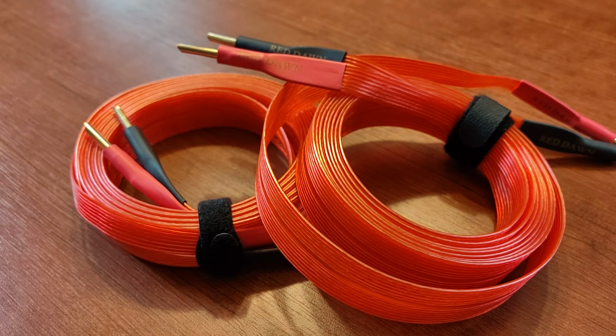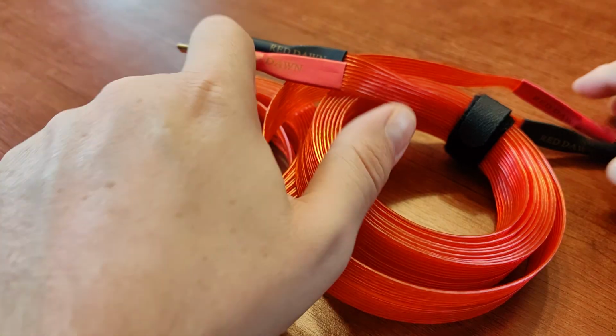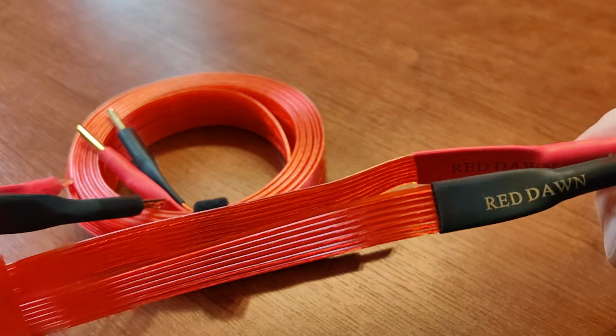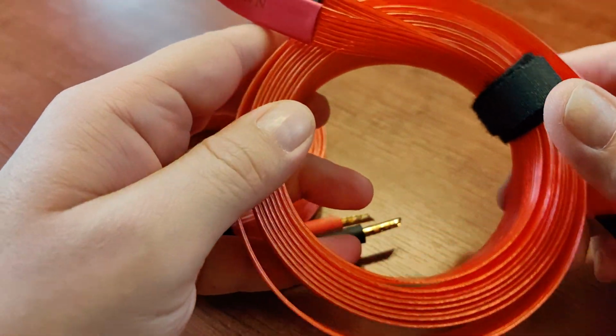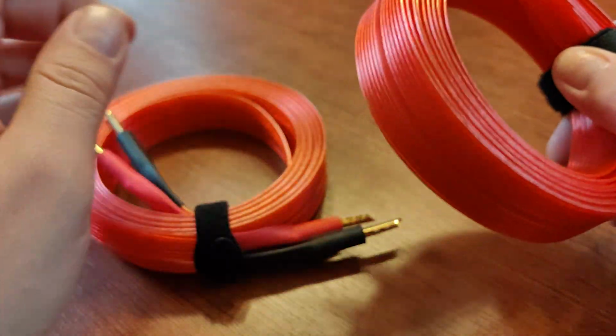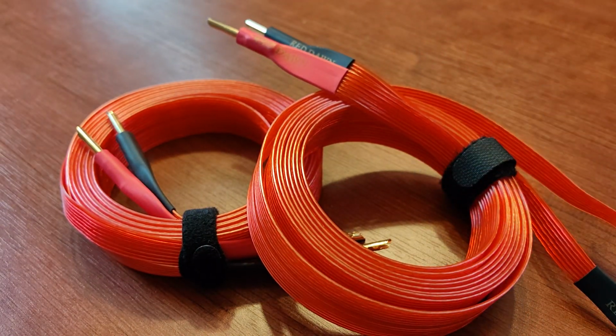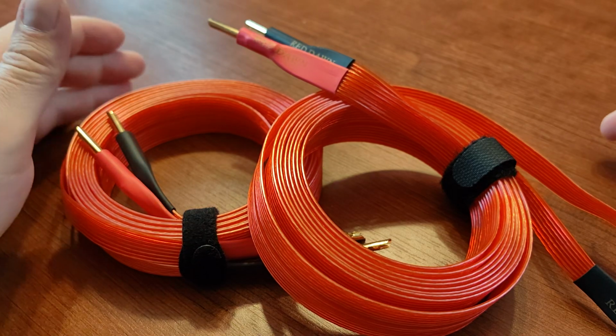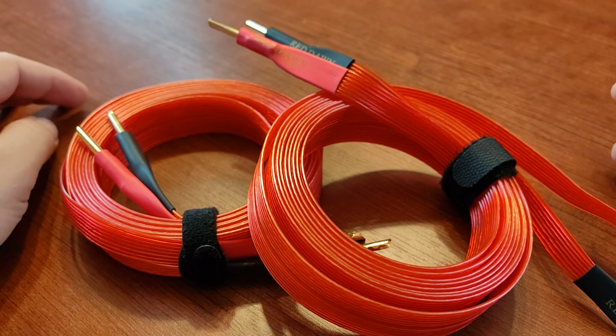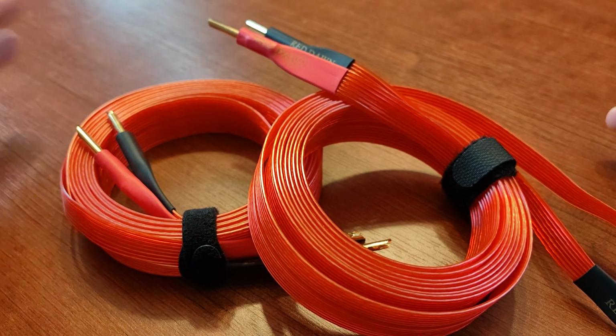Hi again. This time we have on my table another fake speaker cable. This time we'll be looking at fake Nordost Red Dawn cable. Previously I had here Blue Heaven, so you can compare these two videos. It'll be a first look video, so no listening session yet, although I've used that cable the same way as